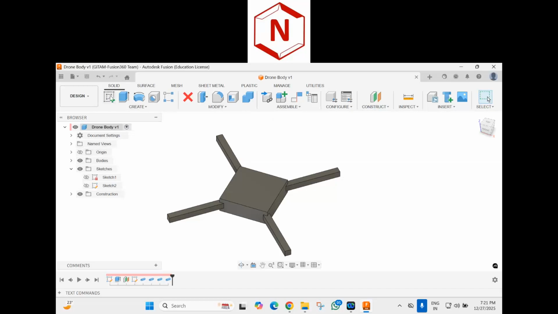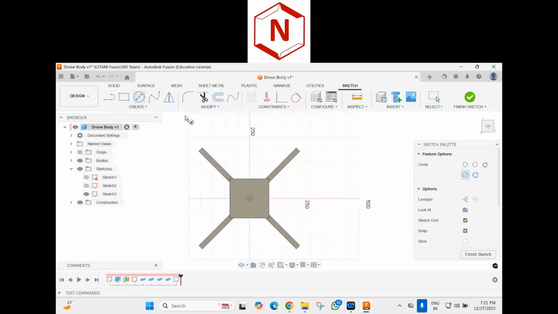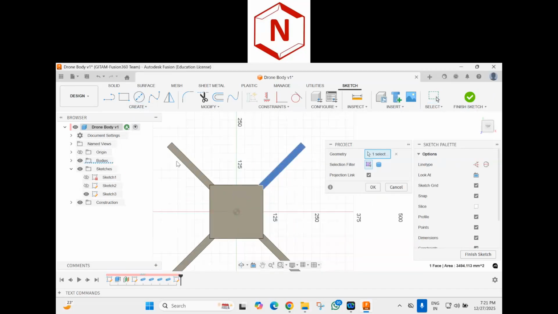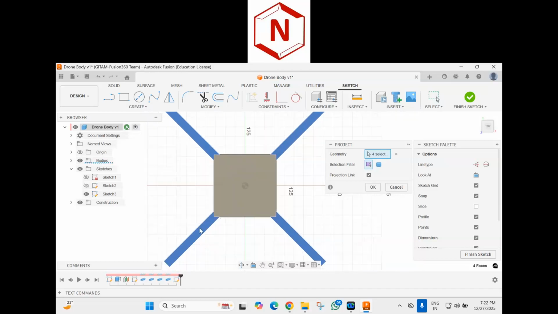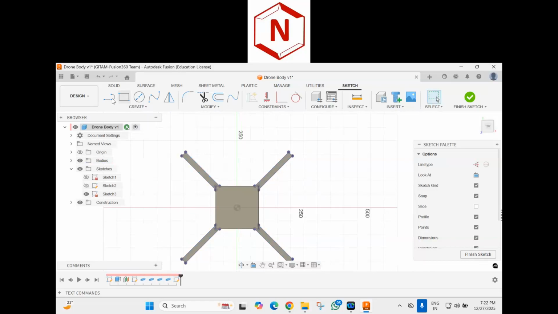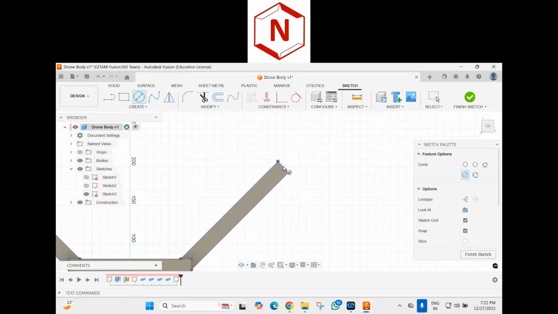And now I am going to create the sketch for mounting the motors. I will create 4 different circles. So I am projecting the previous geometry so that I will know where I have to create the circle. So I am going to select the center of my circle as the midpoint of this particular edge, and then I am going to give a dimension of 60 mm,